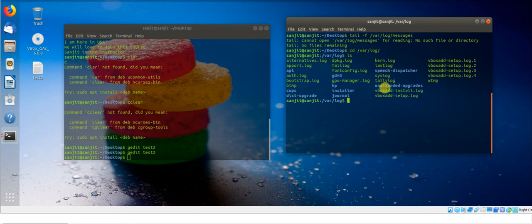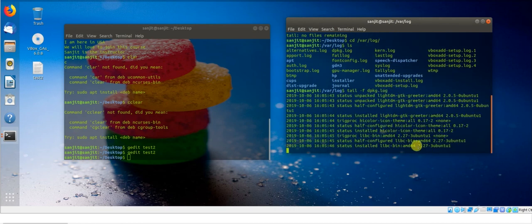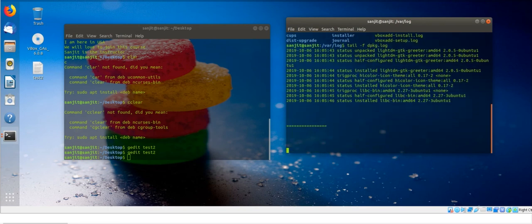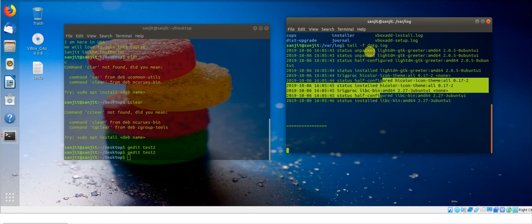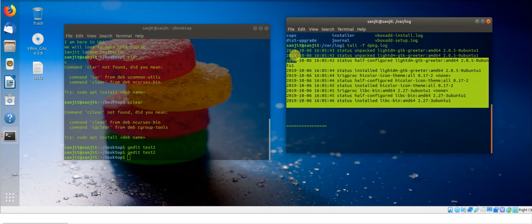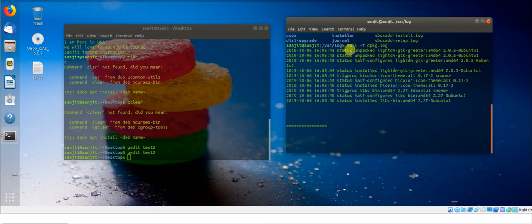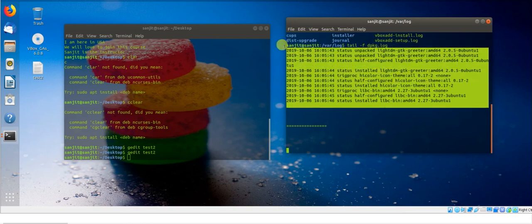If I try to open, let's say tail -f and dpkg.log, so see, these many logs are there, but these logs will update if and only if some things happen in the backend. Right now I'm just missing the scenario to show you, because it's not a production environment. But in companies when you start your work, you will see this kind of thing. They will run the tail -f command. With this, the last 10 lines it will show, right? So let's say this is the last 10 lines.